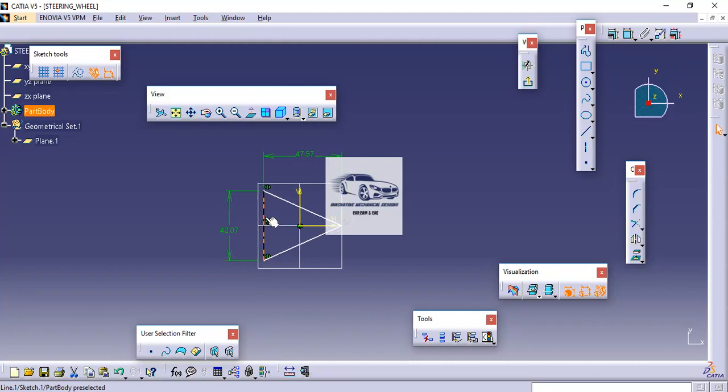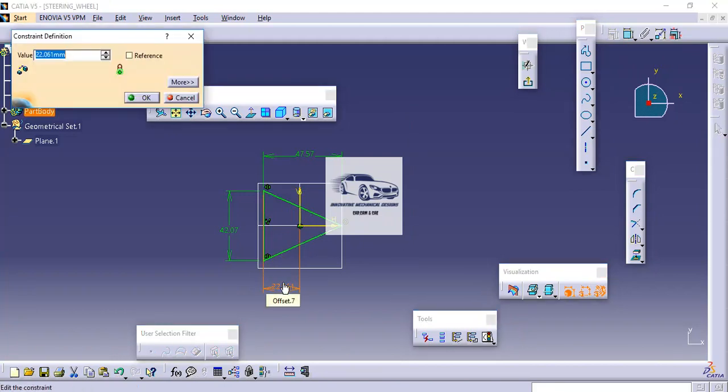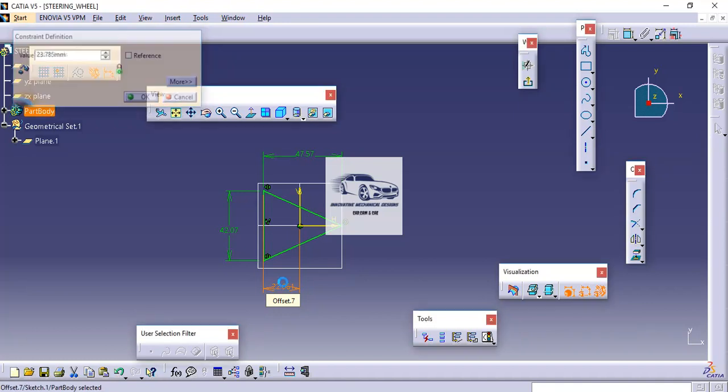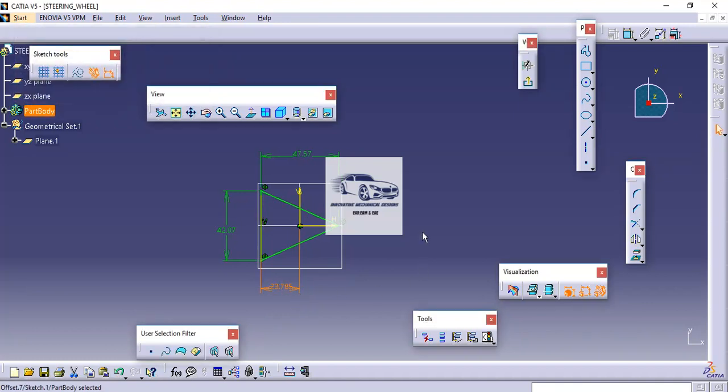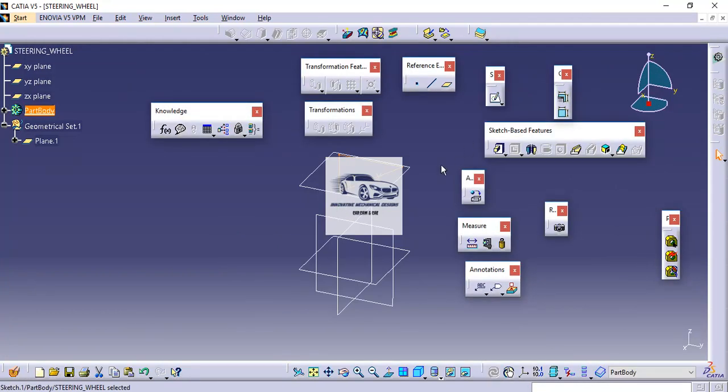So suppose if I drag this line, it is getting dragged in this particular direction. So distance from the central axis or any vertex till this edge is missing. As we want this triangle to be in the center, I will just make this distance half of 47.57. So that will accomplish our task. I can directly type divided by 2 and we can see here that the software has automatically calculated the required distance. Now we have to develop the circle.